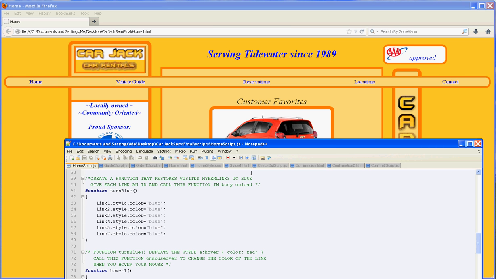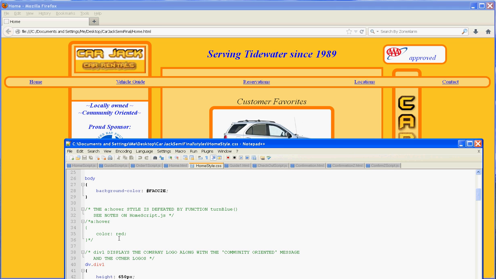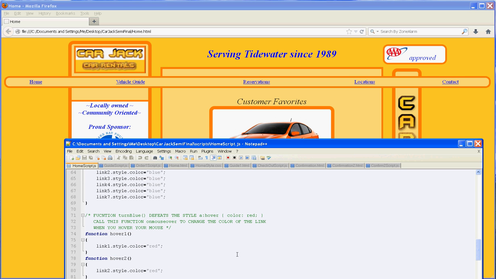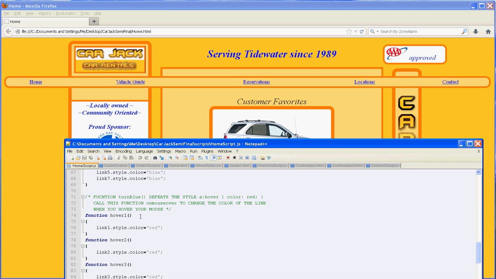And I was using the a:hover style to turn them red on hover, but once I executed that function turn blue, they wouldn't change colors, it just stayed blue. So I commented it out. I left it in there just as a reminder that it's defeated by turn blue. And what I had to do was create a function called hover, and I had to write a function